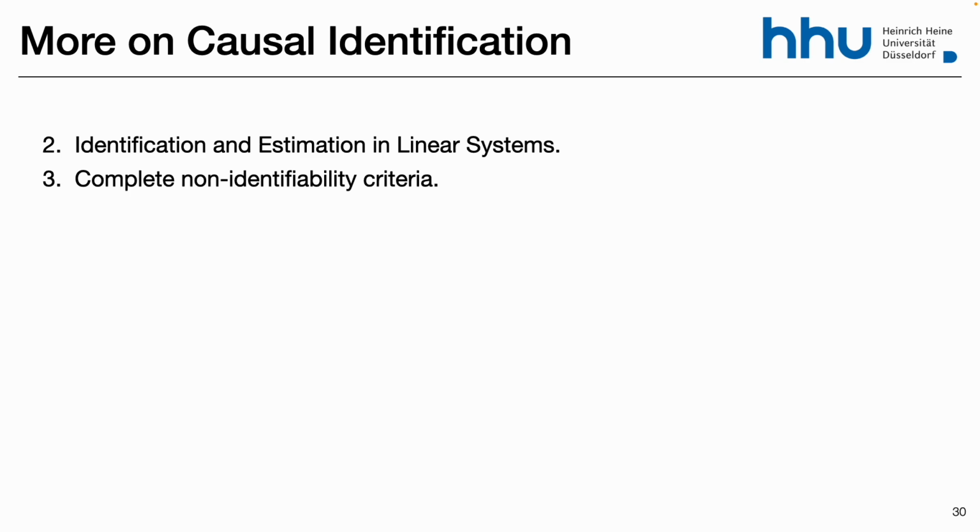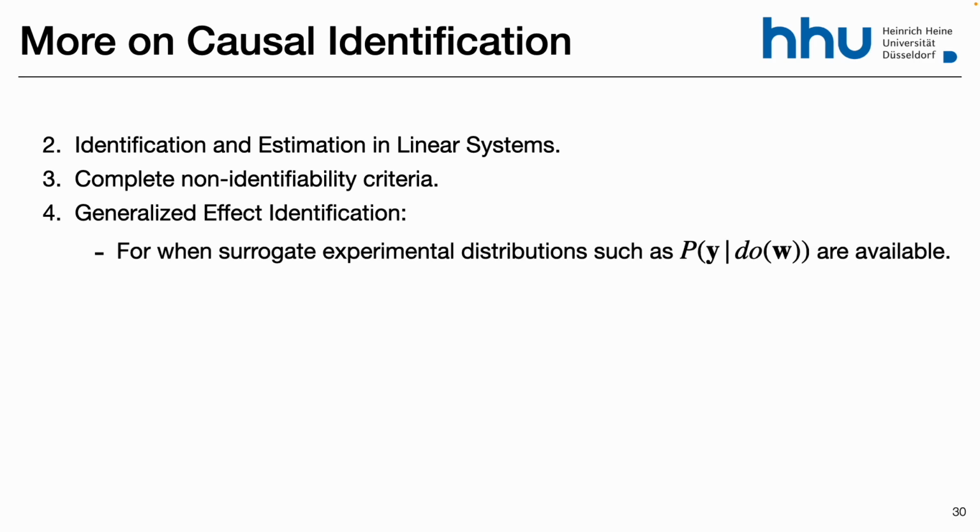Also, we didn't cover a lot of criteria to identify whether a quantity is non-identifiable. There's something related to hedges that I couldn't cover. This is more theoretical. It's good for theoretical reasons, but for applications you don't really need it. If you have an algorithm, in the end you can prove that every time the ideal algorithm fails, you have a hedge, which is a structure in the graph.